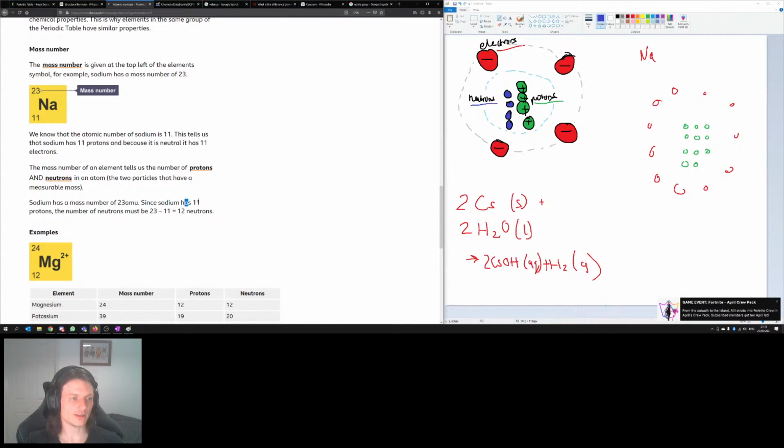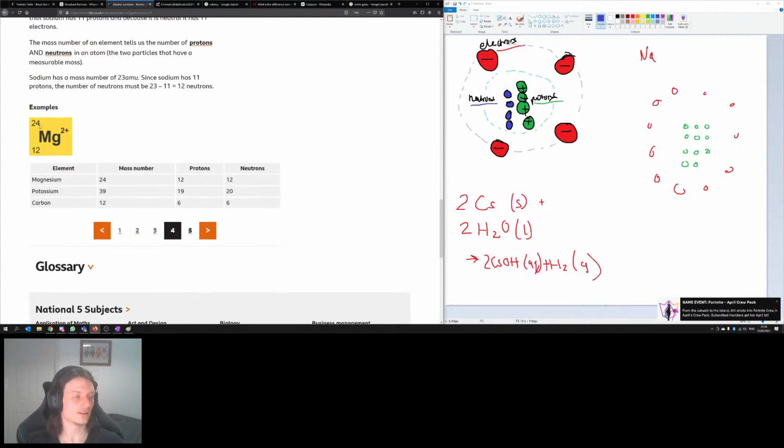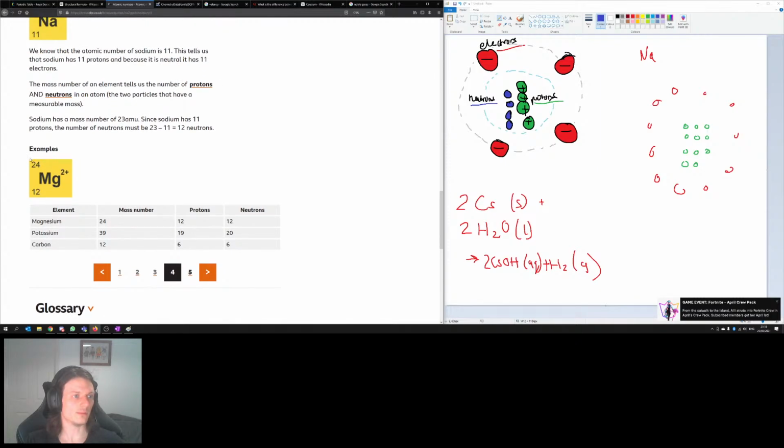Since sodium has 11 protons, the number of neutrons must be 23 minus 11 equals 12. That makes sense. Examples. 24 is the mass, 12 is the atomic number,